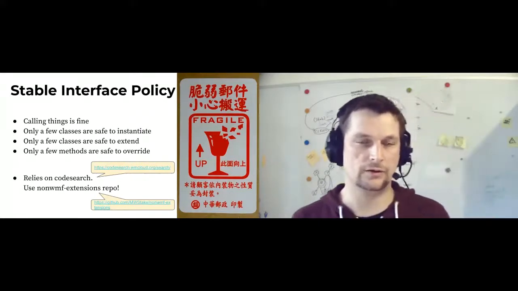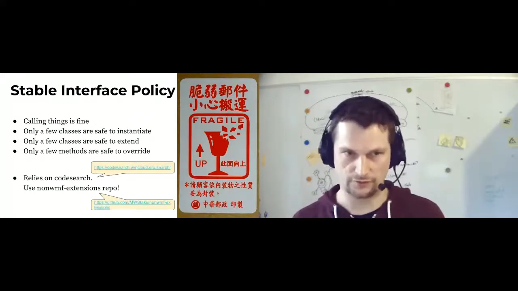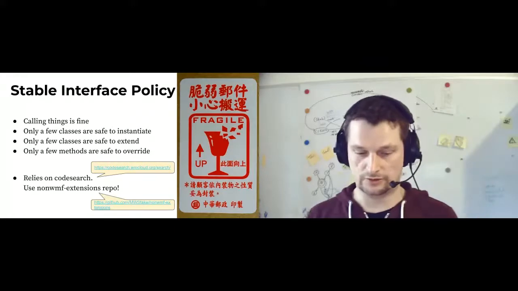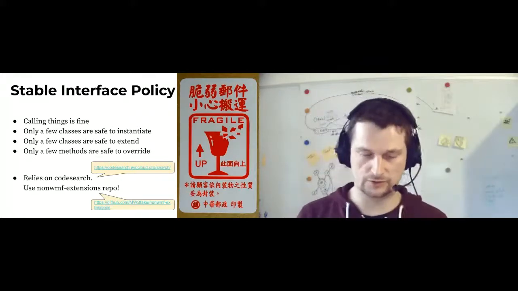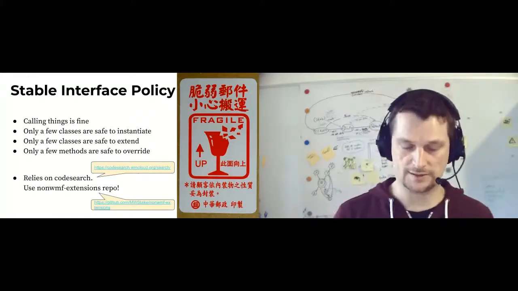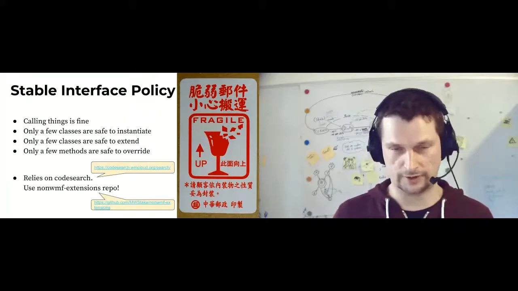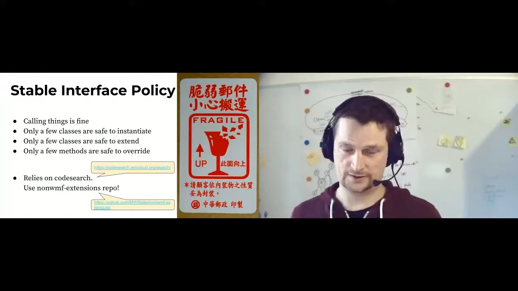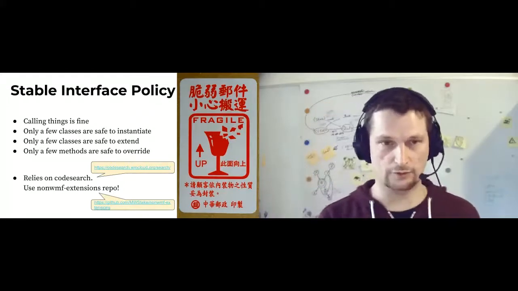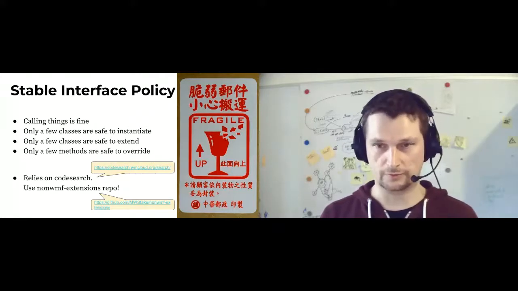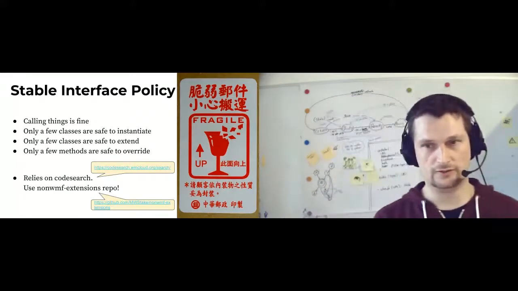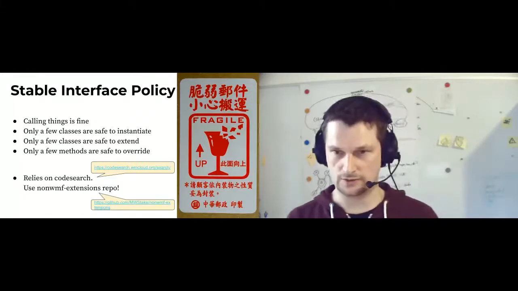And to give a very, very brief summary is that calling things is generally fine and stable. Instantiating classes directly with a new operator is generally not safe and should only be done if the class is marked to be stable for instantiation. Similarly, only a few classes are safe to extend to subclass, and similarly, interfaces should only be implemented directly by extensions if they are marked to be safe for this purpose. And even if a class is stable to extend, it's still not safe to override every and all methods, right? You should only be overriding methods that are marked to be safe for this purpose. These restrictions allow us, the core developers, some wiggle room to make these changes